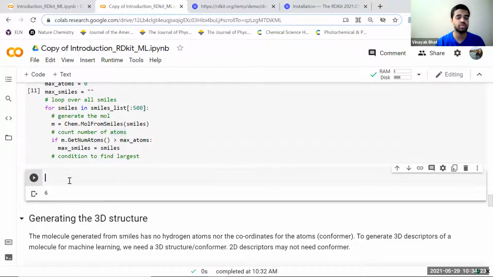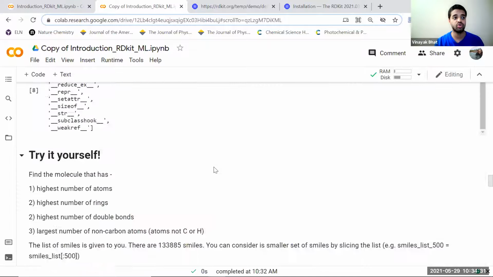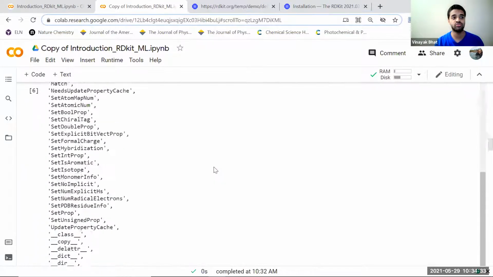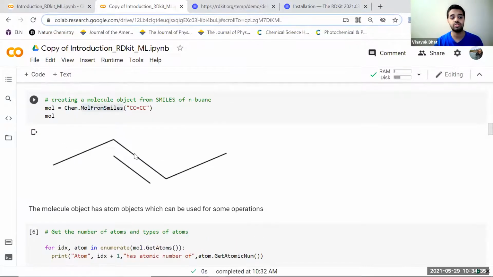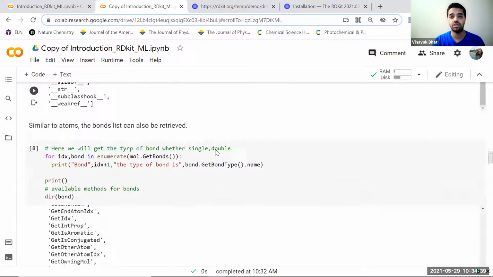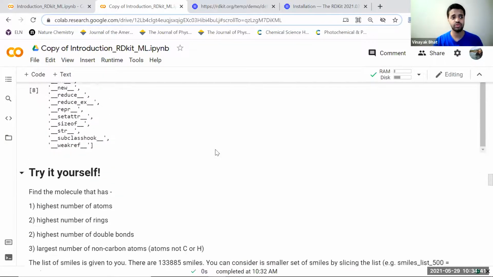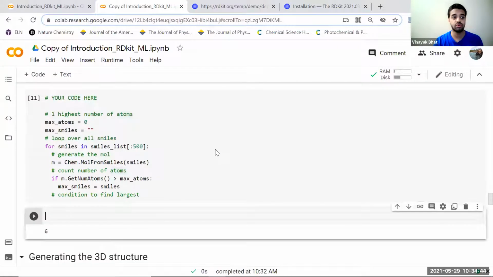We'll go into that question, which is: is it possible to count hydrogens also? So we have not yet added hydrogens to this. As we see, the number of atoms that were shown here was 4, and when we count the number of atoms, it just gives 4 because there are no hydrogens added. So we'll go into what needs to be done there.